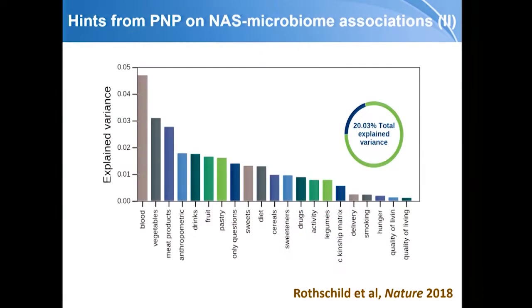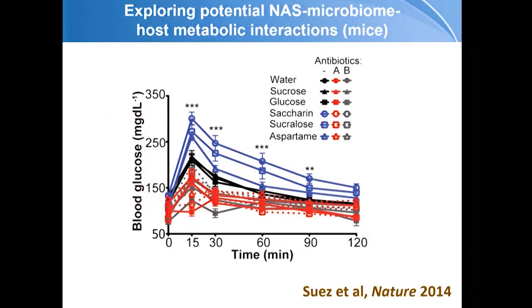And when we looked at these environmental factors in our own cohort, there popped out artificial sweeteners. Now, this is a stronger level of evidence because it's a predictor now. It's not just an association, as one of the major explanations for human microbiome variability. So together, this gave us some hints that maybe there's something interesting with this particular food substance. Back then, we started looking at a couple of food substances. One of them was artificial sweetener, another was bread. I'm going to focus on the first, in trying to understand a little deeper whether there is a true association, whether there is causality, and whether we can identify some mechanisms explaining it. So we started with